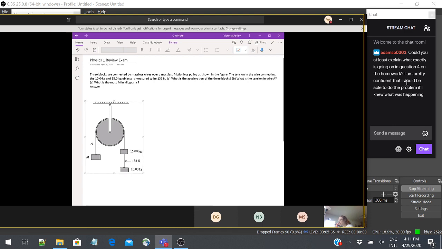Okay. So one thing I like to do is ask students, like, what category of question do you think this is? So we've talked about a lot of different topics. So, like, is this kinematics? Is this momentum? Is it energy? Is it forces? Is it Newton's third law, Newton's second law? Is it circular motion? If we had to put this into a category, what would that category be?